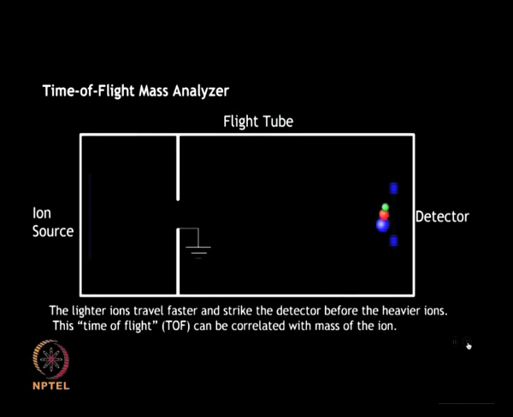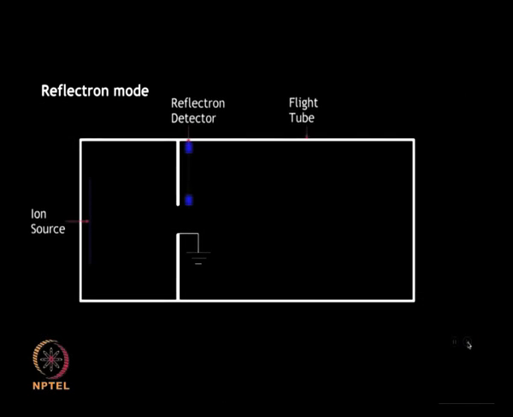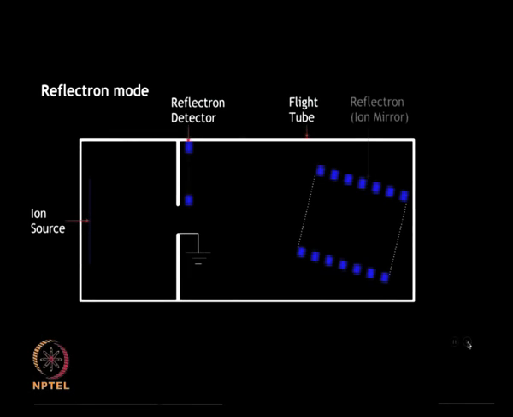As we talked about earlier, the TOF analyzer can also be operated in the reflectron mode. This is more commonly used for proteomic studies. A reflectron, which acts as an ion mirror, is incorporated at one end of the time of flight tube. This helps in extending the path length and in turn the flight time of the ion without having to increase the actual size of the instrument.